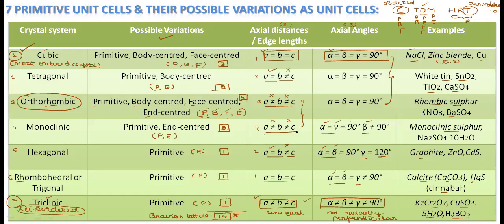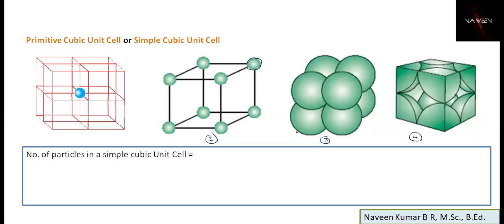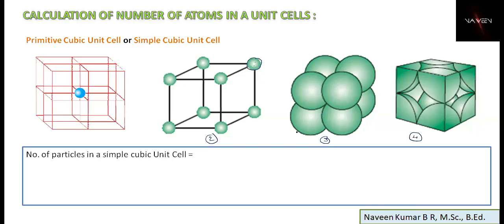Now with this, we have completed the basic concept of the crystal systems, the unit cells and the types of unit cells as primitive and centered unit cells. Now we'll go for the calculation of the actual number of particles present per unit cell. This is going to be a very important 2-mark topic. We'll start with primitive, and with respect to the syllabus, we need to learn body centered and face centered. For only these 3 types of unit cell, we'll discuss the actual number of particles present.